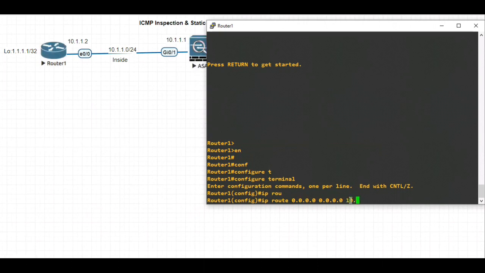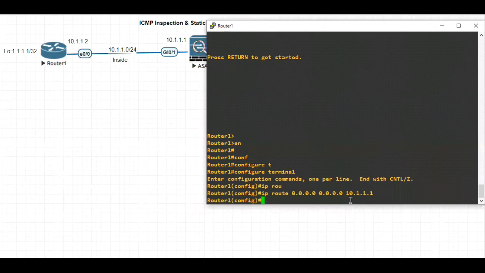So I'll take 10.1.1.1, right? Okay. So this is the static route, that is a default static route.